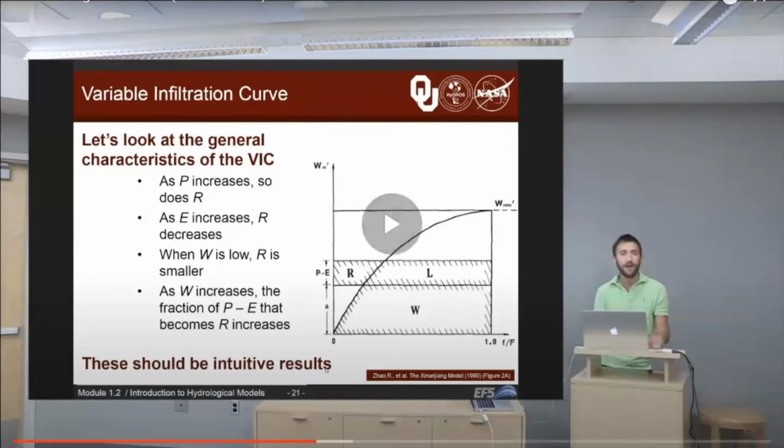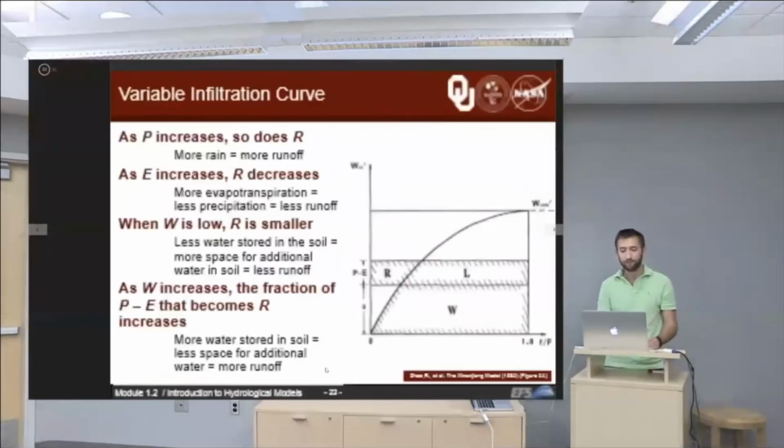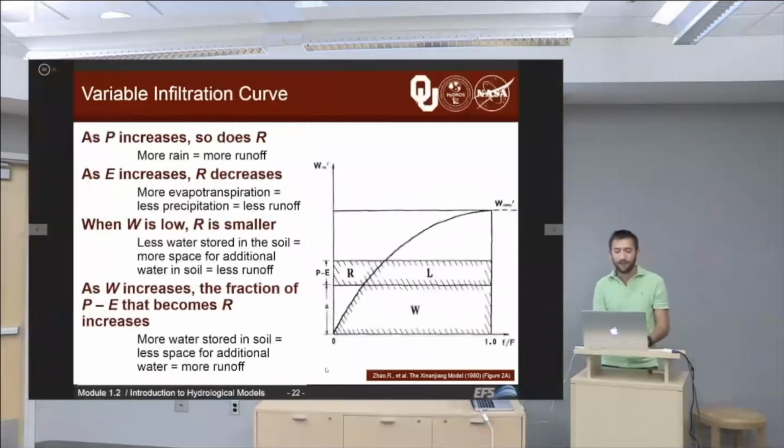Or even from assigning numbers to the various values and doing the math ourselves. And this slide here is just a recapitulation of what I had just previously said. And again, this just illustrates the various relationships between P, E, R, L, W, F, and all of those various factors are things